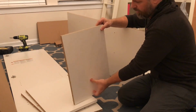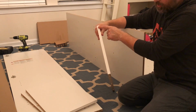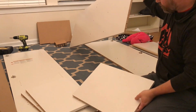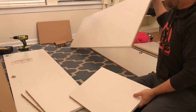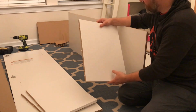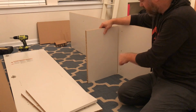Important note is that the shelf has one edge, one of the short edges, so long edge here, short edges here. One of those edges is going to be finished. It's going to have the laminate piece on it. Same with this piece. The side with the brackets that we've just put in is also laminated. You want to make sure that all of your laminated edges are facing the same way, because obviously those are the ones that are going to be seen. So I've got my laminated edge down, so I make sure on my shelf the laminated edge is down, and then